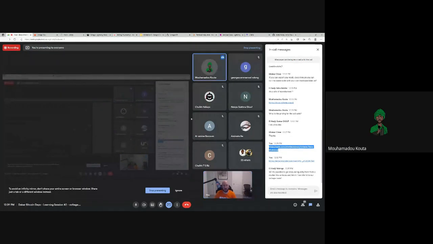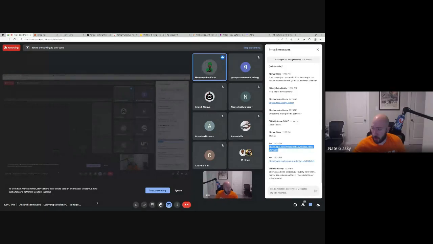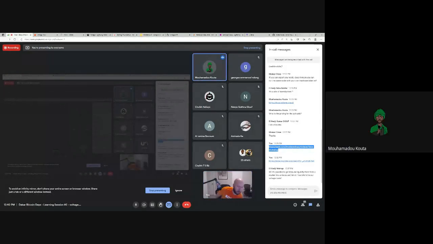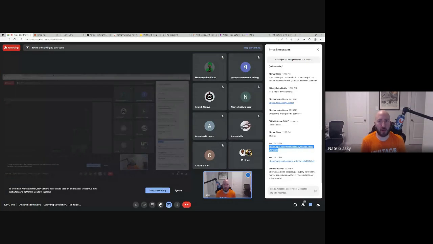One last question before we close this session is, what are the advantages of using Voltage instead of your own Lightning node? Yeah, so it's about trade-offs, really. If you have an internet connection that is not very good, then running a Lightning node is really, really hard.